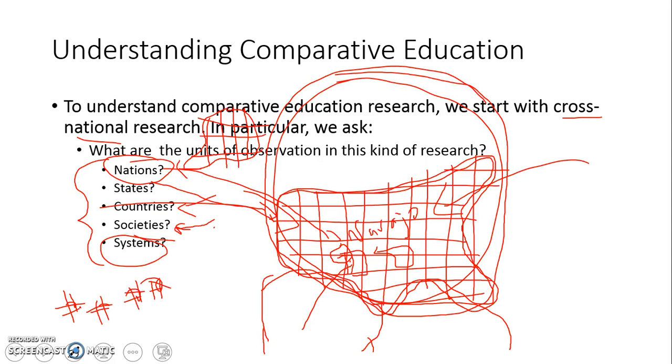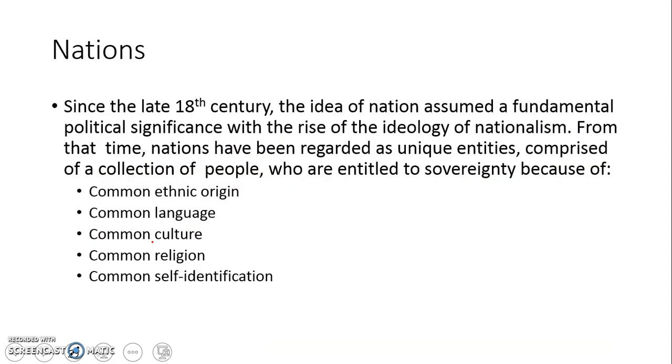And just in looking at one country, the United States, we've covered nation states, countries, societies, and systems. So it's kind of a jumbled mess in some ways. So understanding how we're going to define each of those is going to be incredibly important. So for nations,